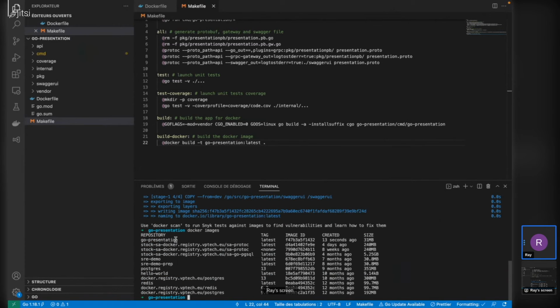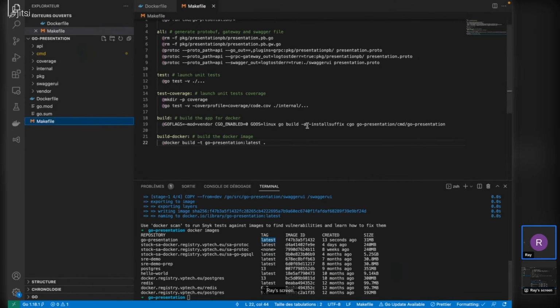You can see it here, presentation on the latest tag, 13 seconds ago. So everything is good. So now I have my Docker image for my application. What I have to do now is to run the application in a Docker container using my Docker image.